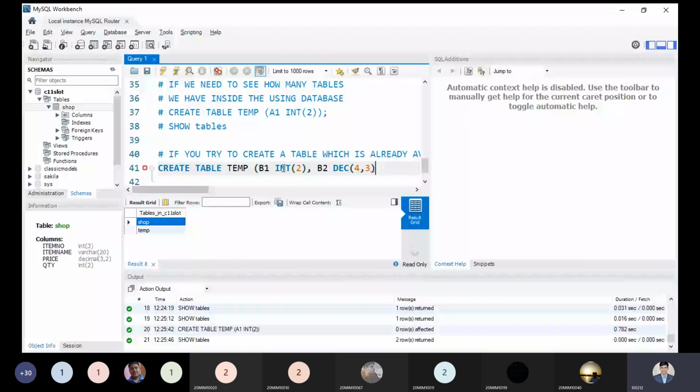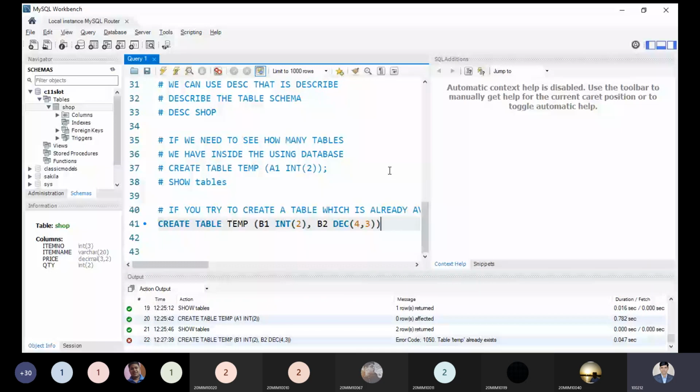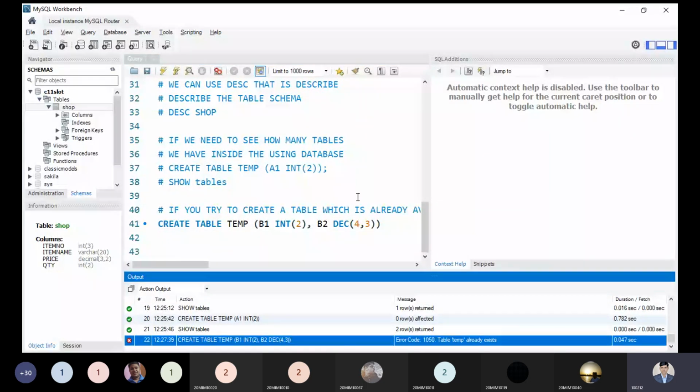If you try to execute this, you will get an error: table temp already exists. The table can't be created because in a database we can't have multiple tables with the same name. We can have many tables, but all the tables must have different names. That is the point.